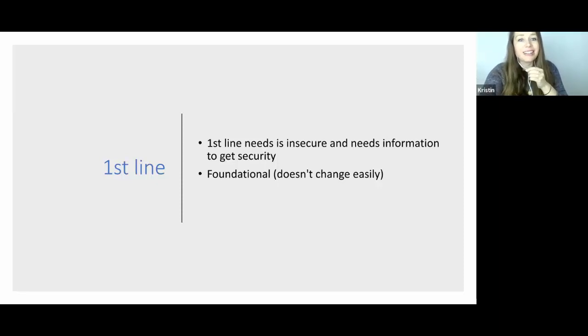But you can imagine having a relationship with the first line and having them ask you all these questions all the time. It gets tiring, right? But when you understand that they're insecure and this is giving them that security, and it's not to sabotage you, it's not to stop you, it's just information to make them feel secure, then you can bond with the first line. Then you can be prepared, like, okay, here's where we're going. I don't have this information, but I have this information.